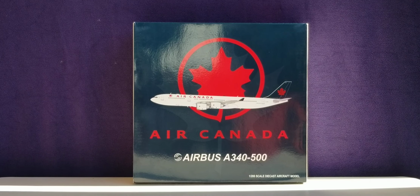But first, before I go into details about this particular aircraft model, allow me to share with you some information about the history of Air Canada and how they came about. Air Canada is a Canadian-based airline that was founded on April 11, 1937, originating from the Canadian federal government's 1936 creation of Trans-Canada Airlines, TCA, and commenced operations on September 1st, 1937, with an Electra aircraft